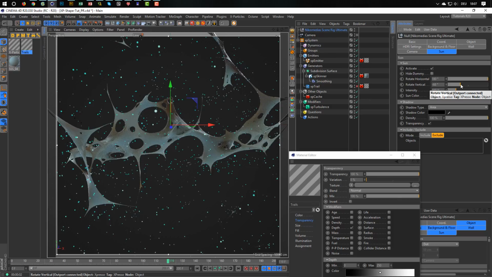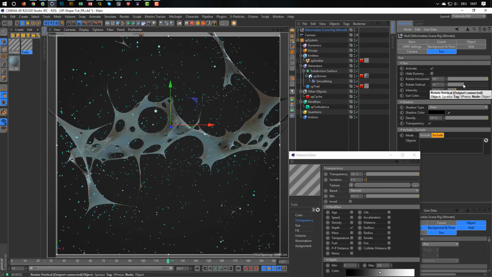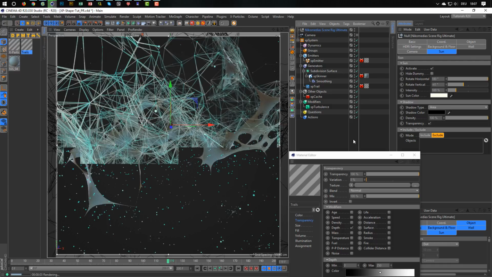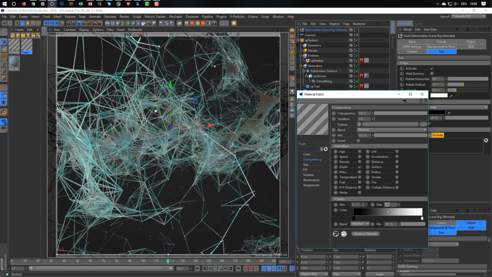It looks kind of nice. But when I use the sun, I think we will have some problems with the trails. Or no, they work. They have nice shadows and everything. But they are now too much, so